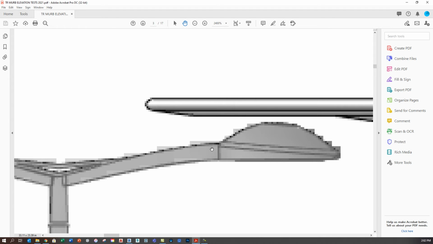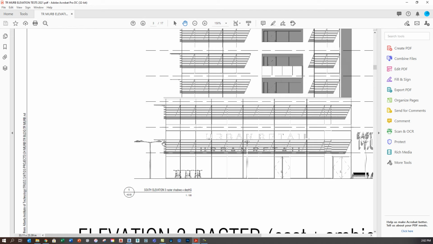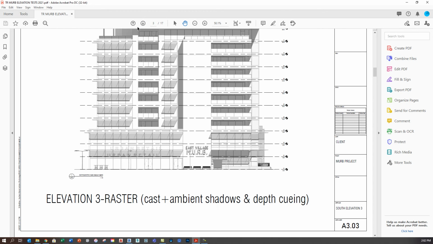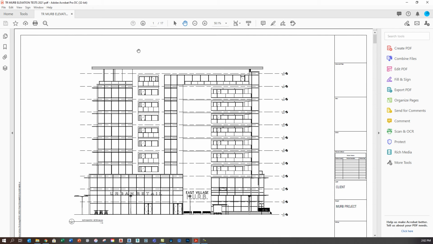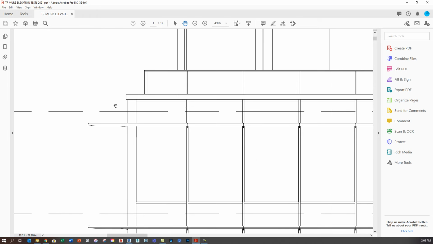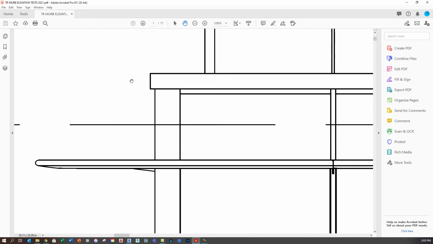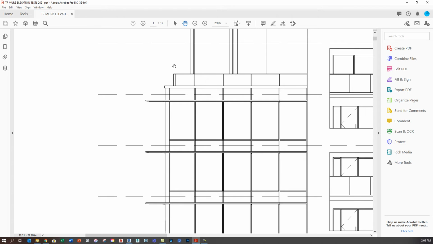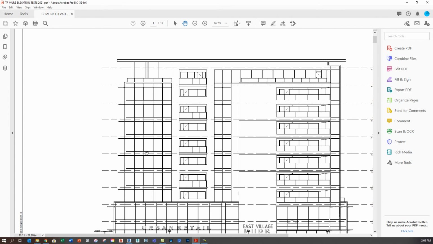So what I'm going to do in the next few steps here is talk about how we can develop each one of those strategies. The first set of demos is going to be about how we can enhance the line work and stick with what's called vector output. So in this case, you can see that because I stuck with hidden line and I didn't add any shadows, Revit generated some nice crisp looking black lines